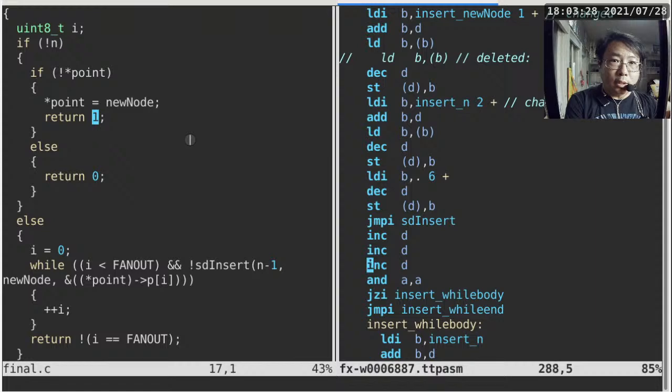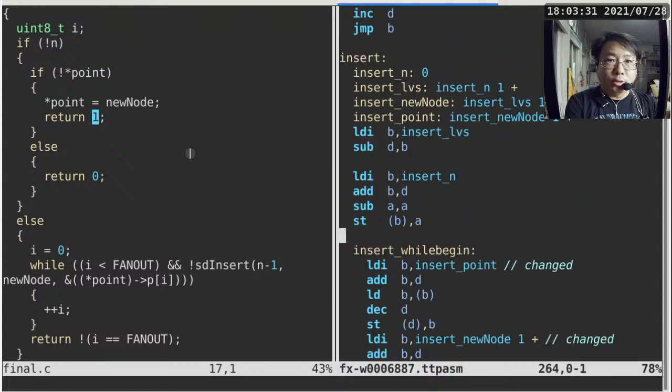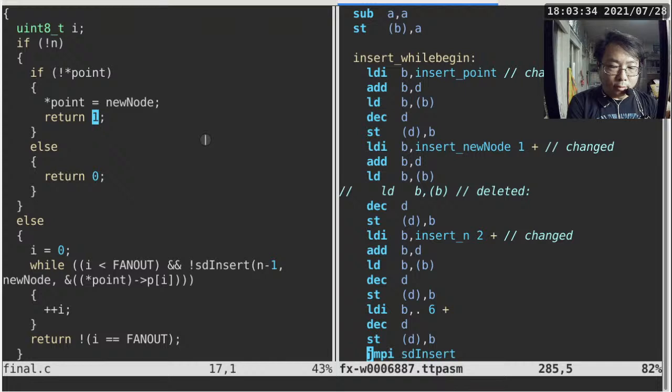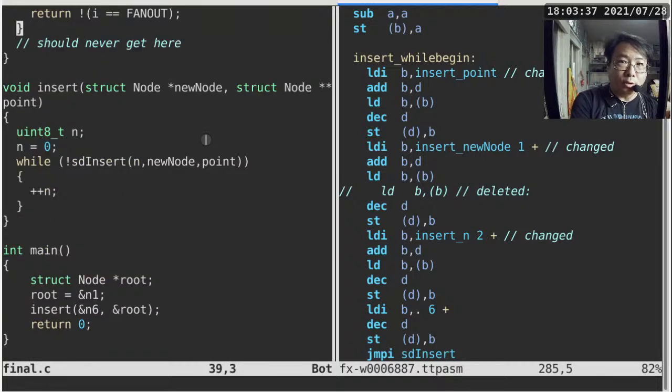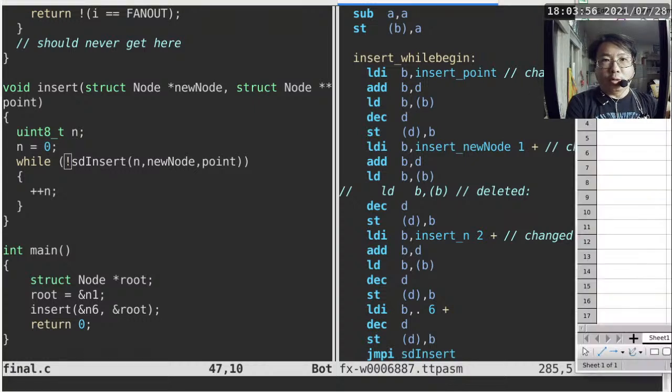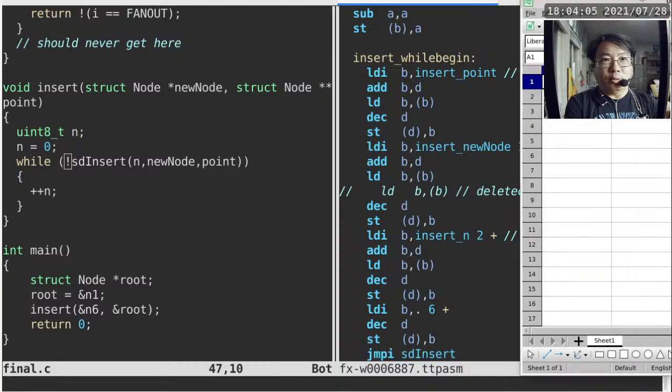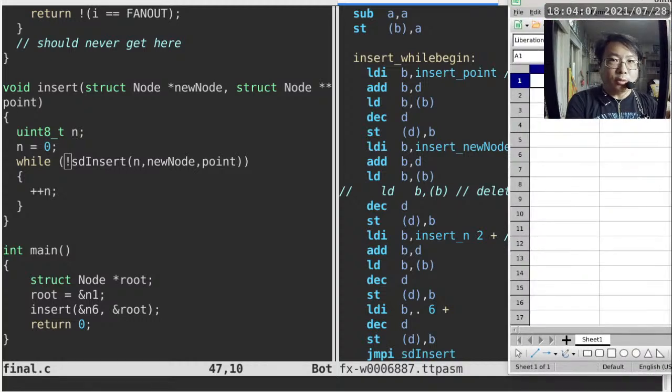I'm going to change the code, okay, this is the right place, but I want to also make the C code be at the right place too. We are basically talking about the pushing of new node and point. There are no calculations whatsoever. We basically just pass whatever we got onto SD insert. From the perspective of insert, that's the best way to put it, the last